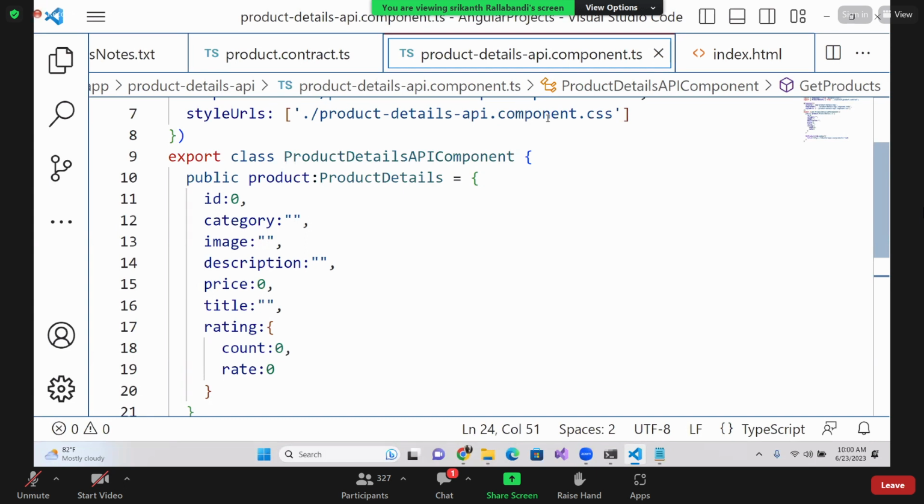I'll provide two buttons. When the user clicks on the next button, I'll increment the count. So suppose if it is 1, I'll be using count plus plus. So it will be 2, then 3, 4, 5, 6, 7, like that. Same way, when the user